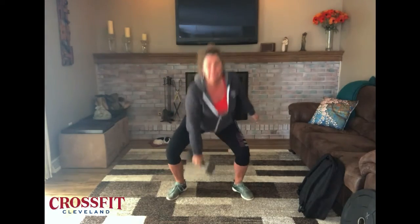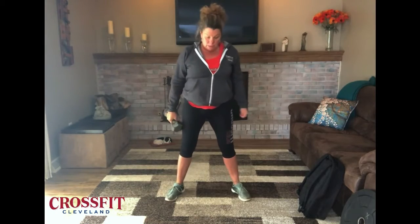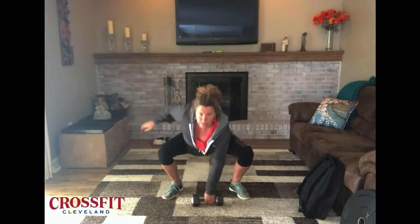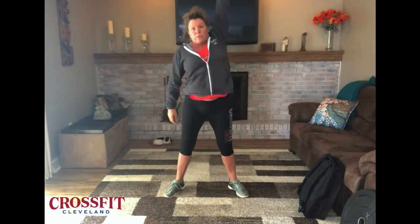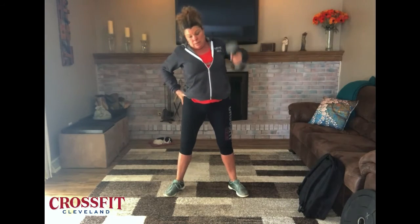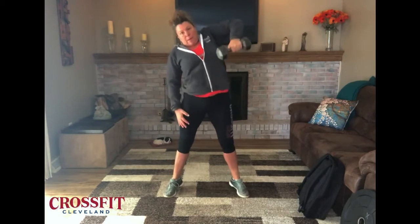Okay, switching your hands. If there's a requirement to hit the ground each time, you're going to bring it all the way back down to the ground right here and up and switching it out. Always remember to keep your chest up. You're opening your hips all the way and thinking about pushing through the ground as you're shrugging up and pulling